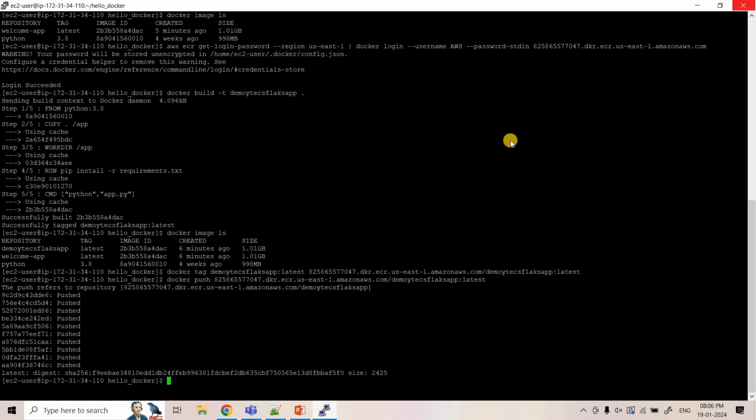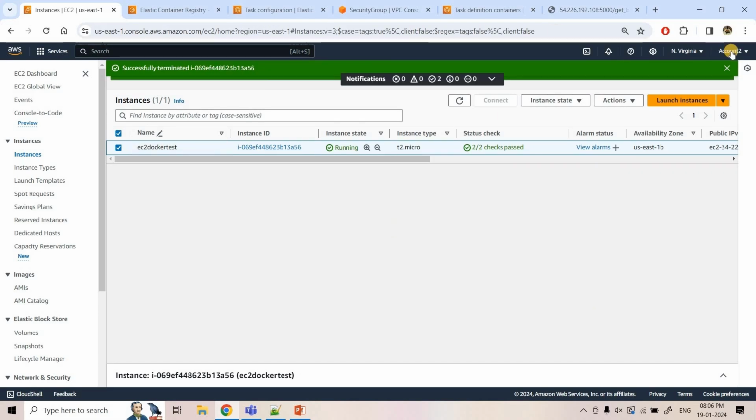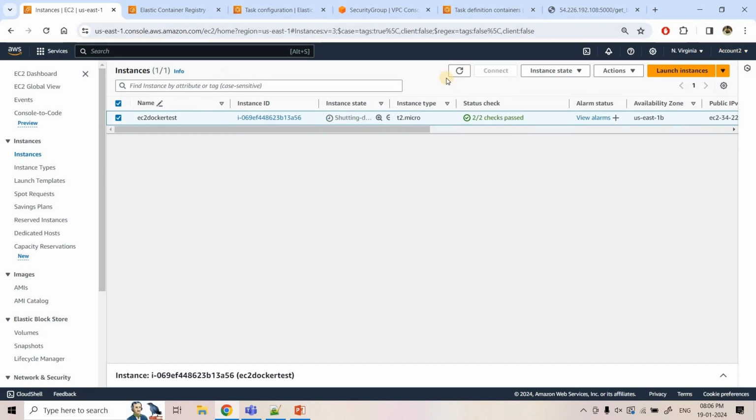So for that, first I will close this particular putty console and I will click on terminate. Okay, so that way our EC2 cluster will be terminated. So here you can see it is in shutting down stage. Okay, cool. So the API which is hosted in EC2, that is not at all running now, it is shutting